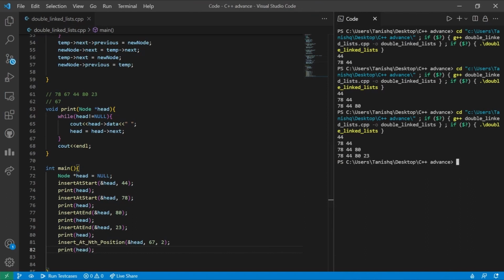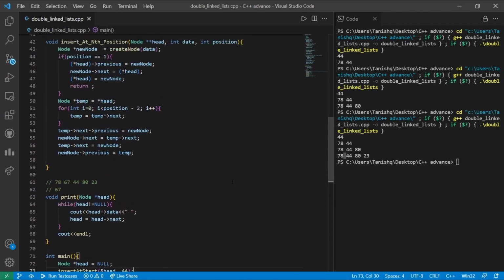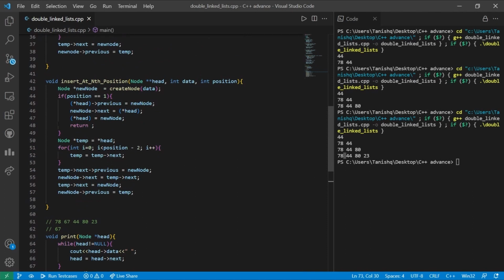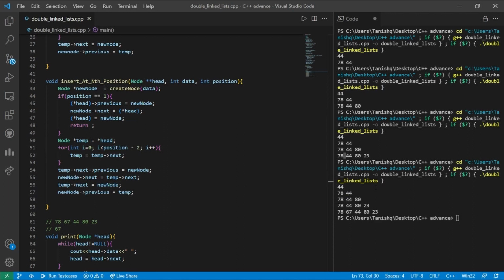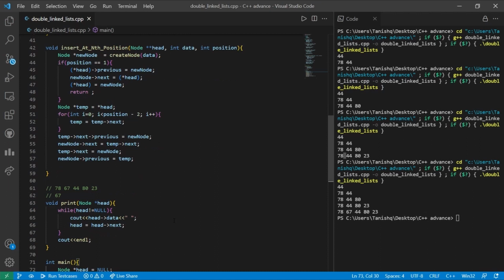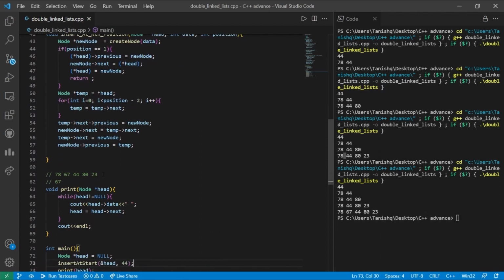What is expected over here is 67 after 78 and before 44. So let us see whether the logic that we have used in this particular function is working properly or not. Just after running the example, we have got the expected output.